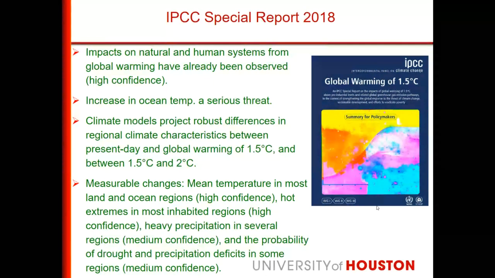So they said that by 2050, the average increase will be around 1.5 degrees Celsius. But that is enough to cause a lot of problems, dumping a lot of land under water,